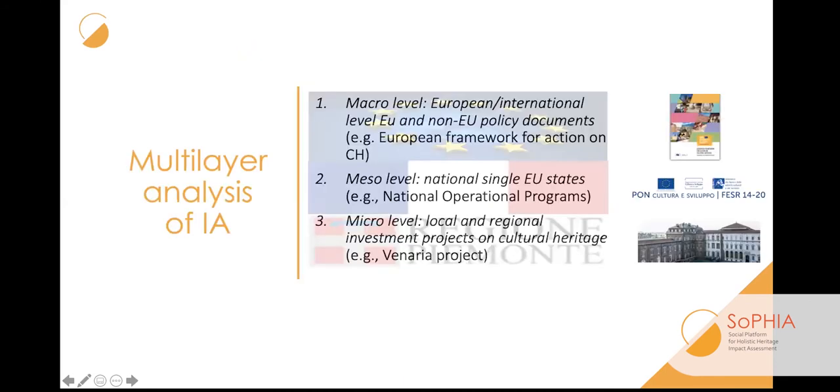In order to have a clearer picture, we believe that it's important to analyze at least 3 levels: the macro level, which is the European level, or the supranational level. For example, at the macro level, in terms of policy, we can recall the European Framework for Action on Cultural Heritage, because the objectives are defined at the macro level and somehow also condition the subsequent level, which is the meso level,